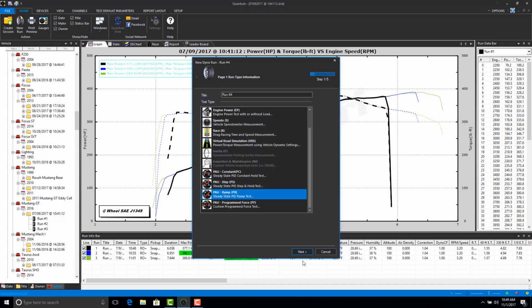There's been some discussion on the forum about acceleration rate and the parasitic heat loss. So by controlling acceleration rate,